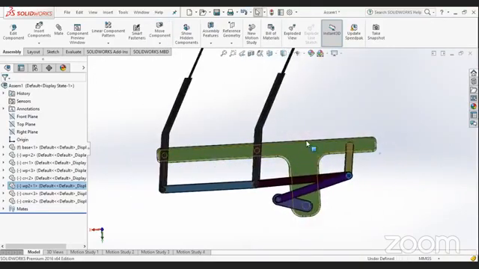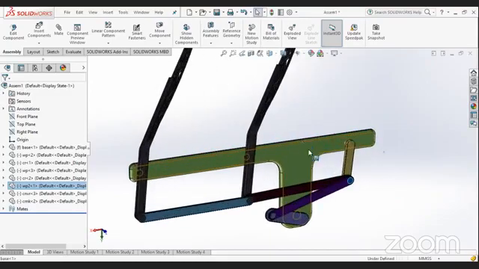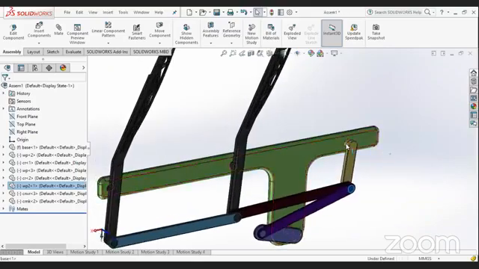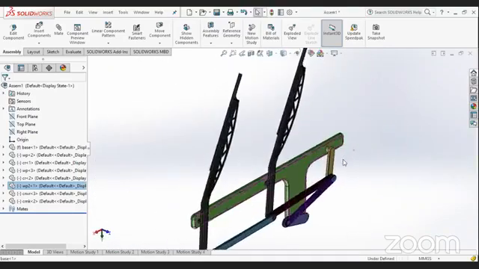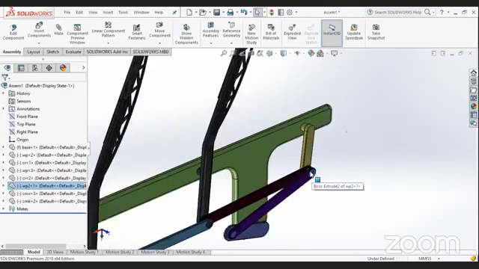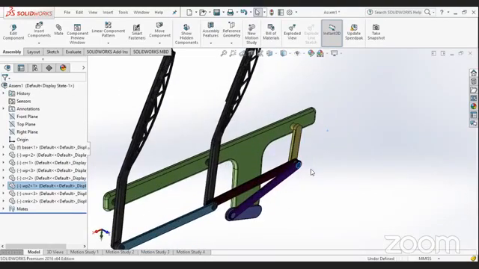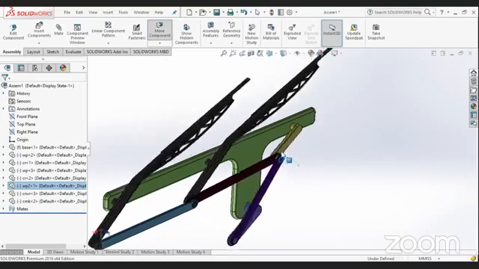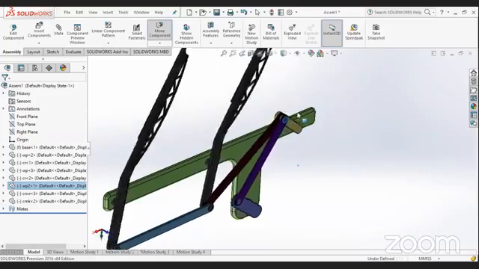Okay, so we'll start. This is the mechanism in which the rotary motion is converted into the oscillatory motion. You can see, if here we install a motor at the back side of the link, this is a crank. If we install a motor and rotate this crank, the objective is to have an oscillating motion, right?